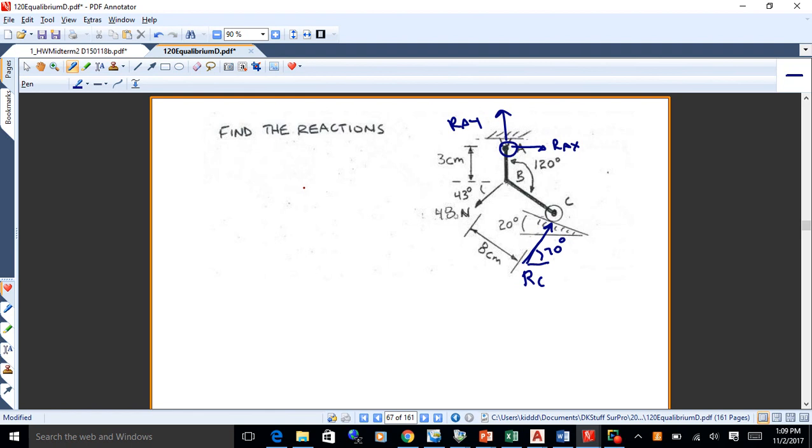So what I want to do is I want to get dimensions from that point A to all of the forces that I've got to deal with, okay? So that's the next thing that I want to accomplish here. So there's a dimension right there, straight down from A to that 48 Newton force at B. But now another thing that I want to do is I want to get that angled armature, that 8 centimeter armature,